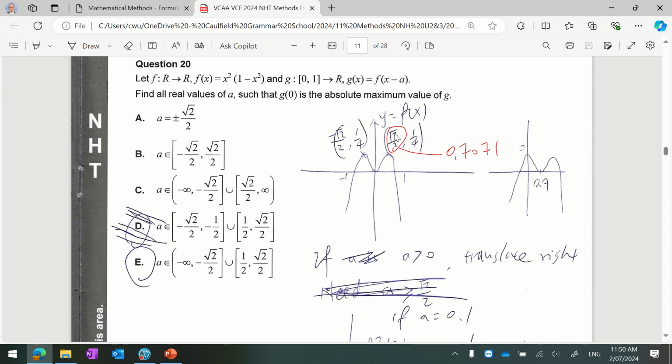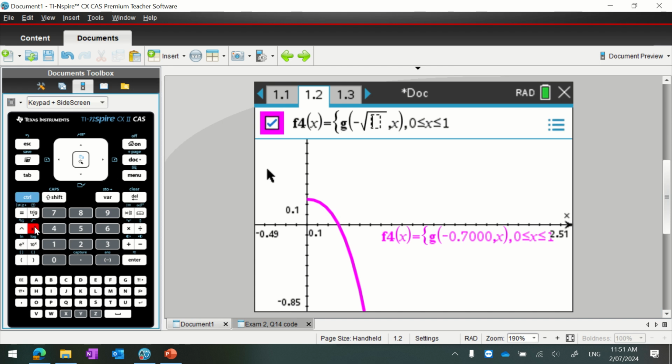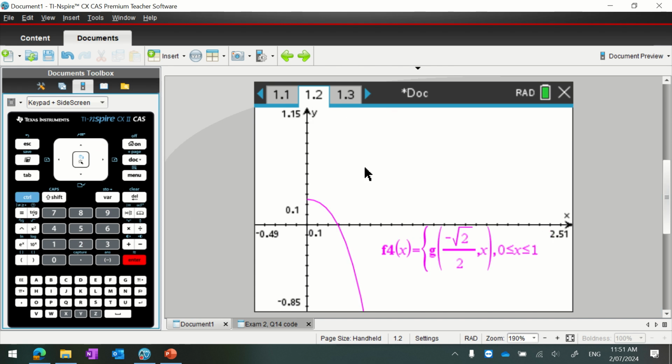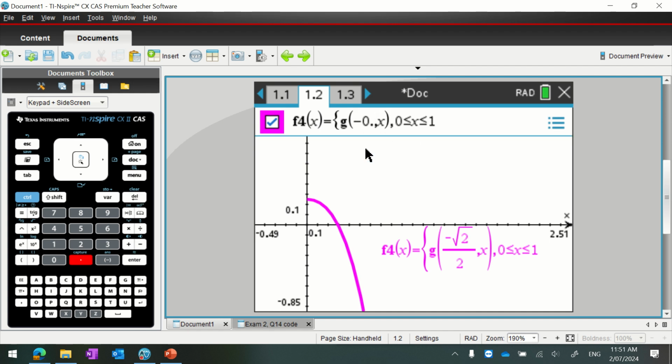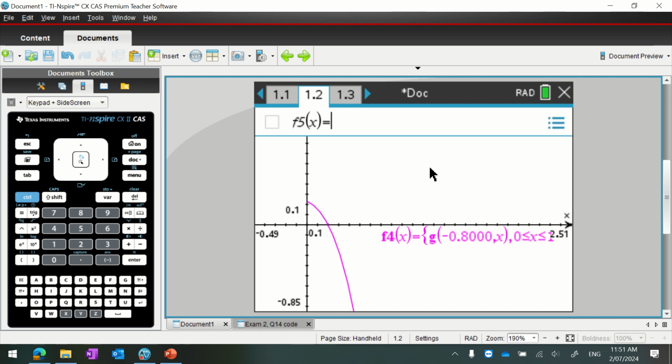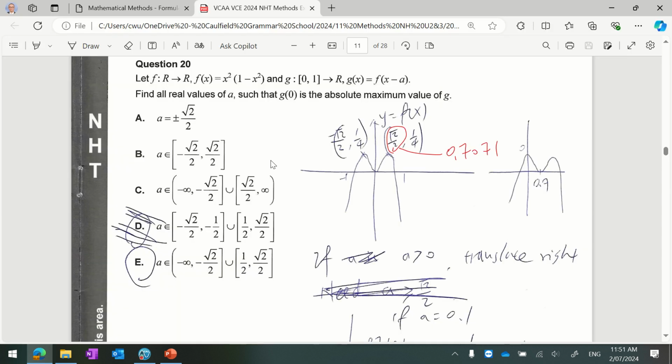So the negative a value starts at negative root 2 on 2. And then you can make it even more negative, right? So negative 0.8 is also absolute max. Negative 0.9, also absolute max. Negative 1, also absolute max. And you can see that makes sense because if you move this whole thing to the left,